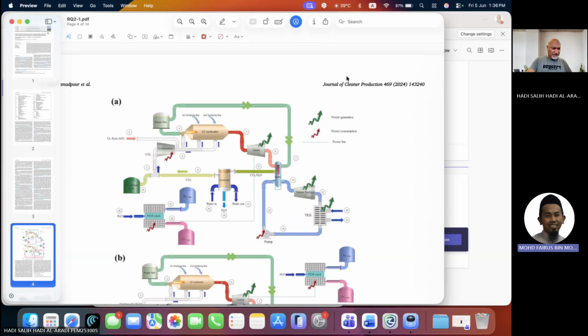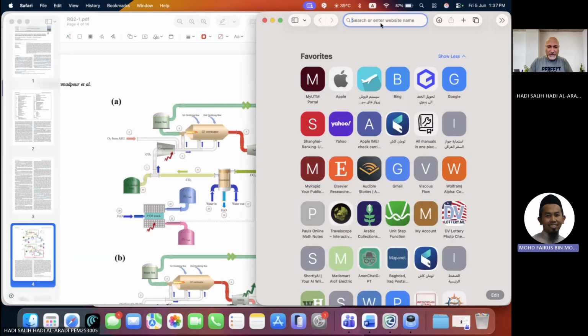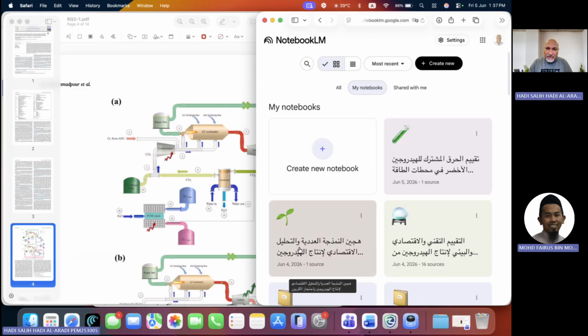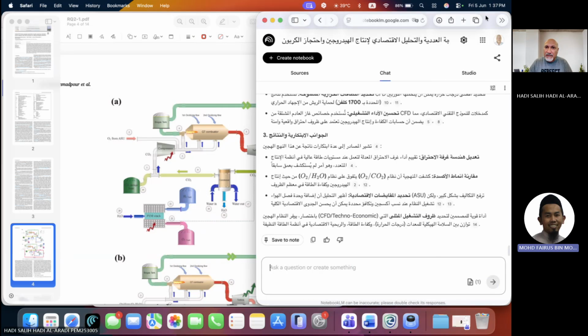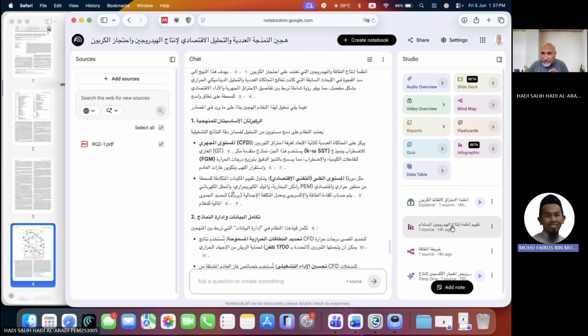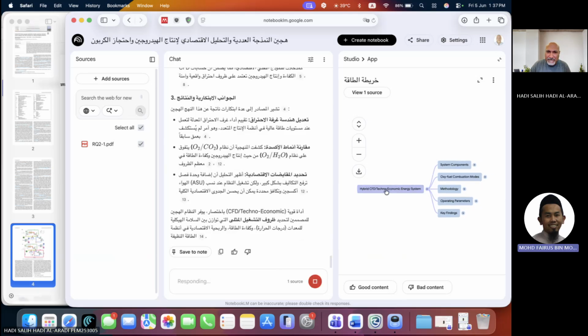Then do you have your browser with you? You can just type NotebookLM. Okay, I use NotebookLM. If you want to get a quick answer, you can go to the methodology and try to look for keywords related to the tools being used, either Aspen or something like that. It was already done, I have made this. You can see the screen. Yeah, that's good. So you can ask a quick question.